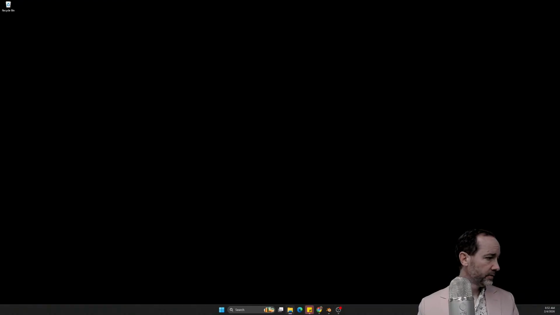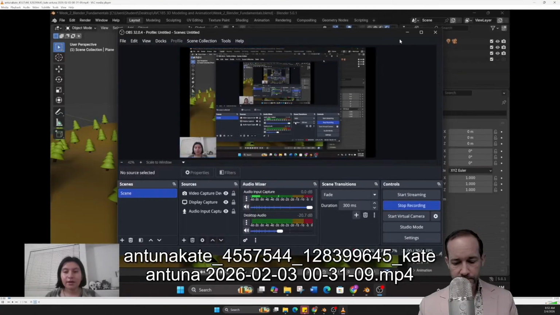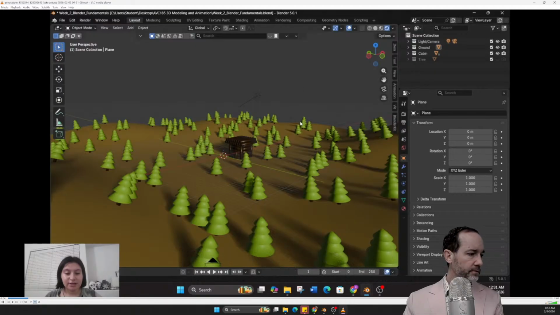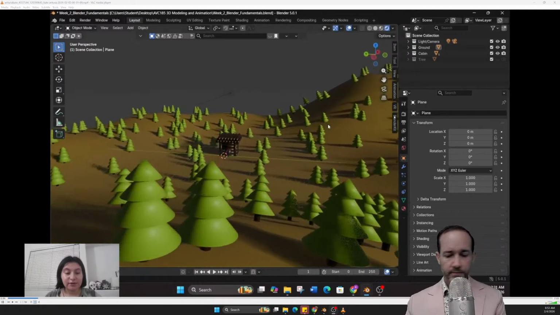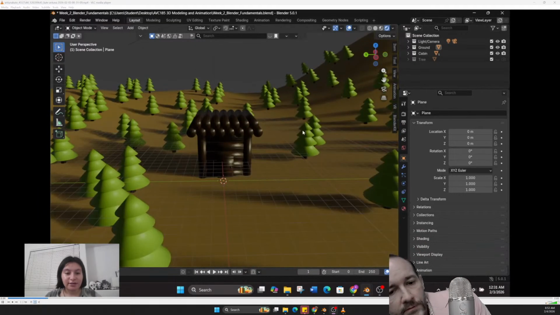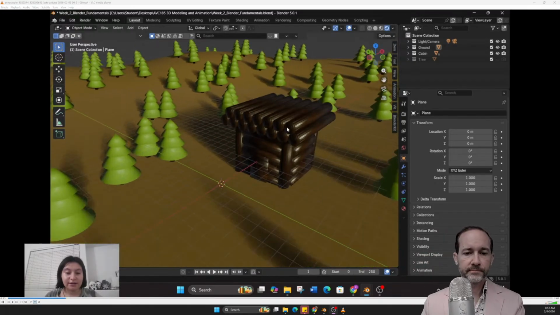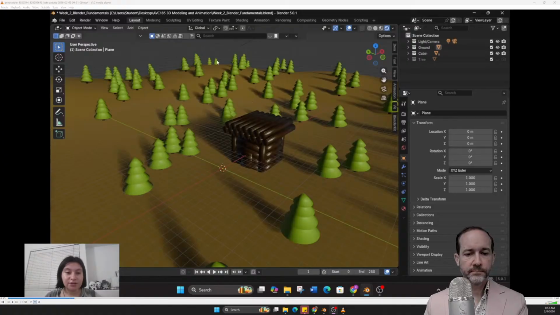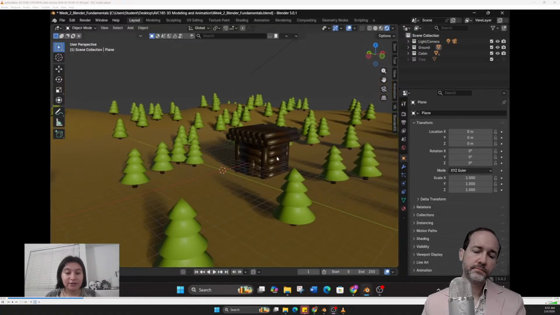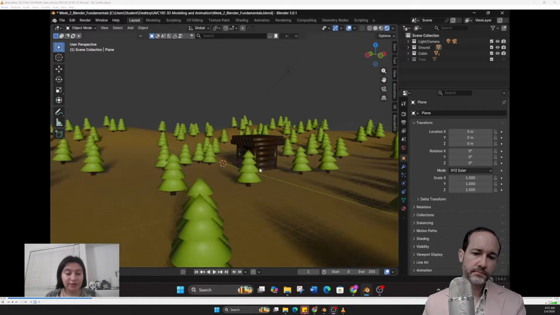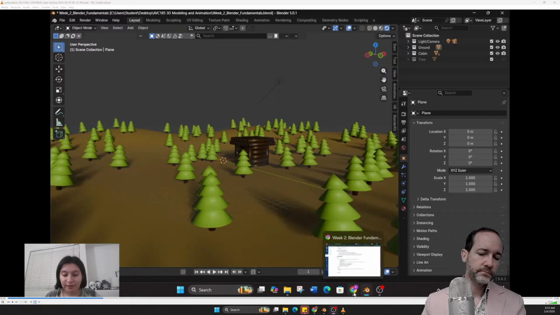And here's Kate. Hello, my name is Kate, and these are my two Blender scenes. This is the forest scene that I made following the instructions, and this is the cabin that I made out of the modifiers and the cylinders, and I imported a texture from BlenderKit just to make it look a little cooler. And for my indoor scene,